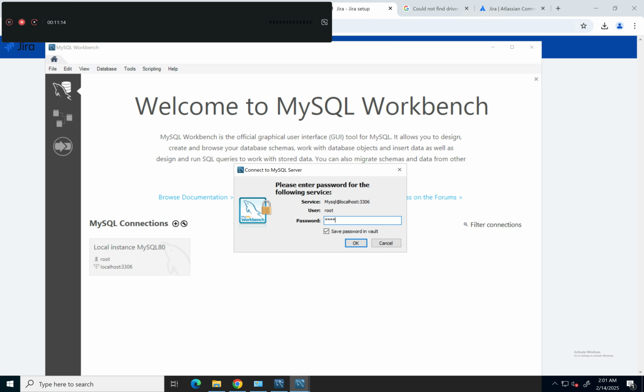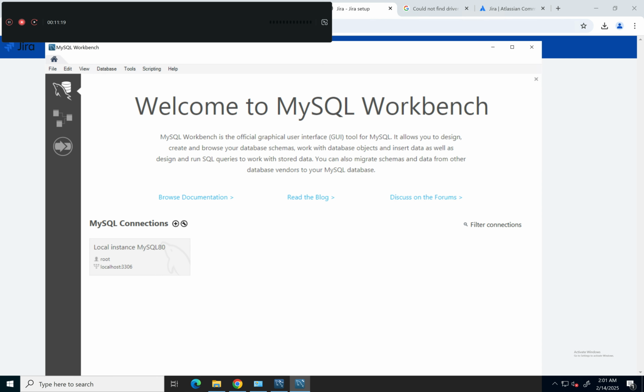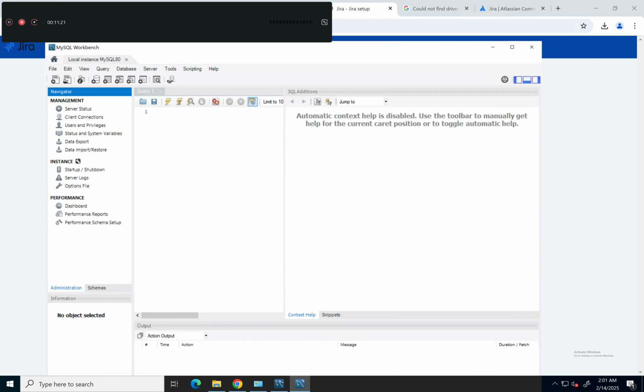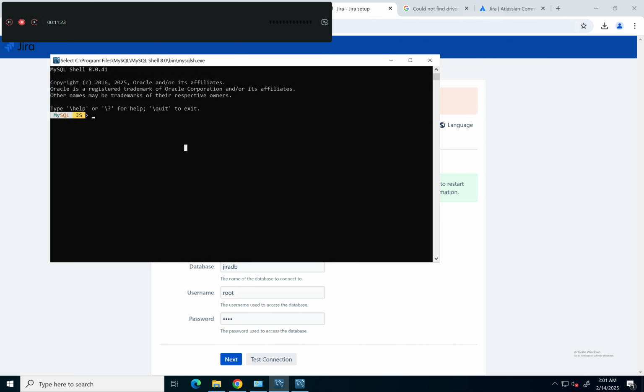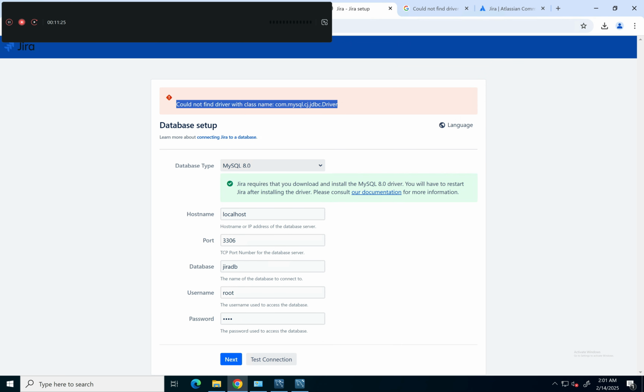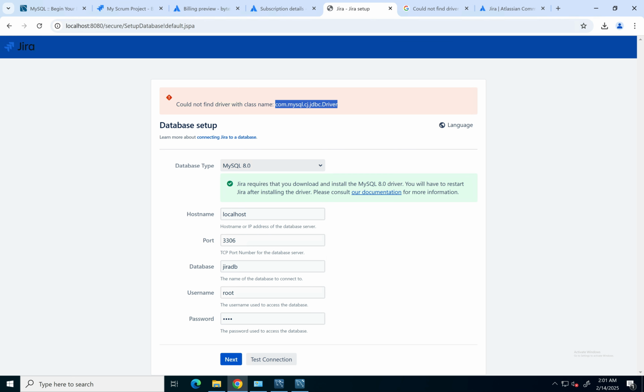Root is my password, and I saved my password in Vault. It connected successfully. Fine. So now I'm going to test the connection. Still there is no JDBC driver, so that's why it is not connecting. Let's download that JDBC driver and save inside the